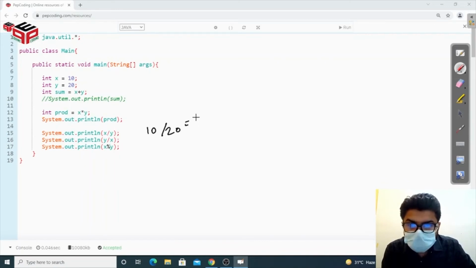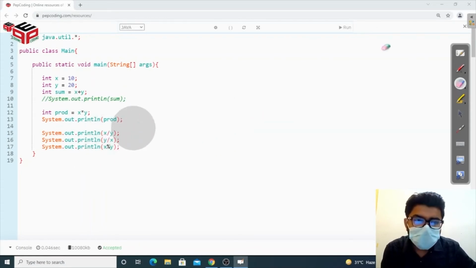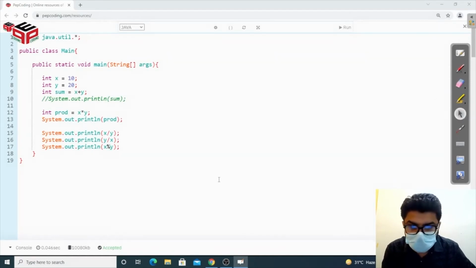This would be 0.5, right? And y by x should be 20 by 10, so this should be equal to 2. And this is modulo, whose function is unknown until now, so I'm going to describe it later on. But x by y should be equal to 0.5,